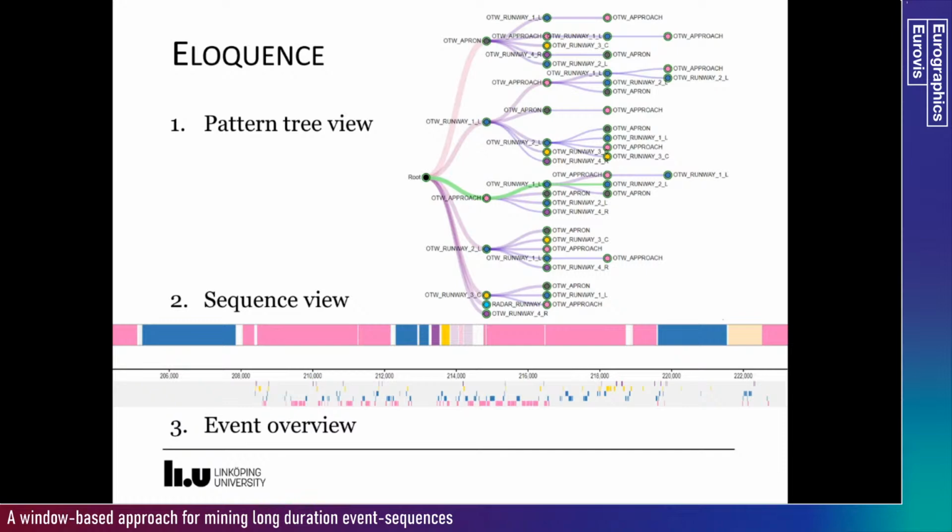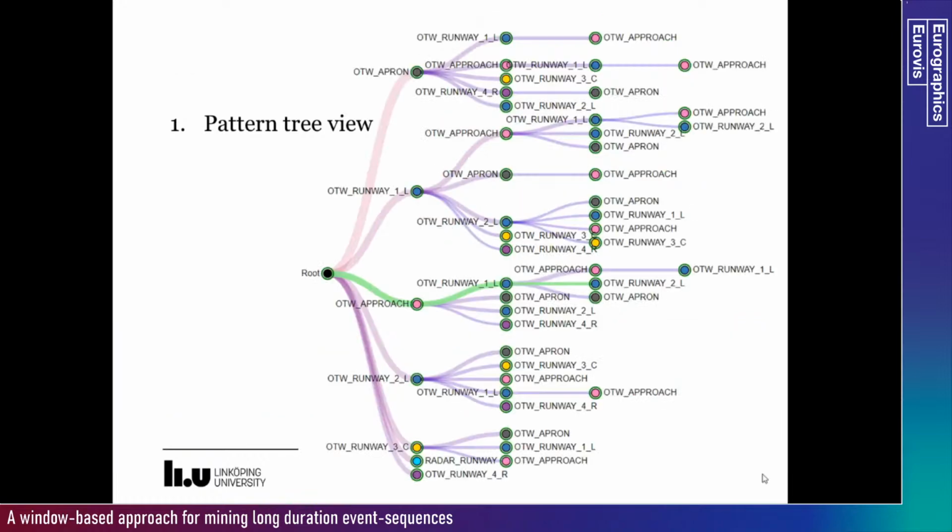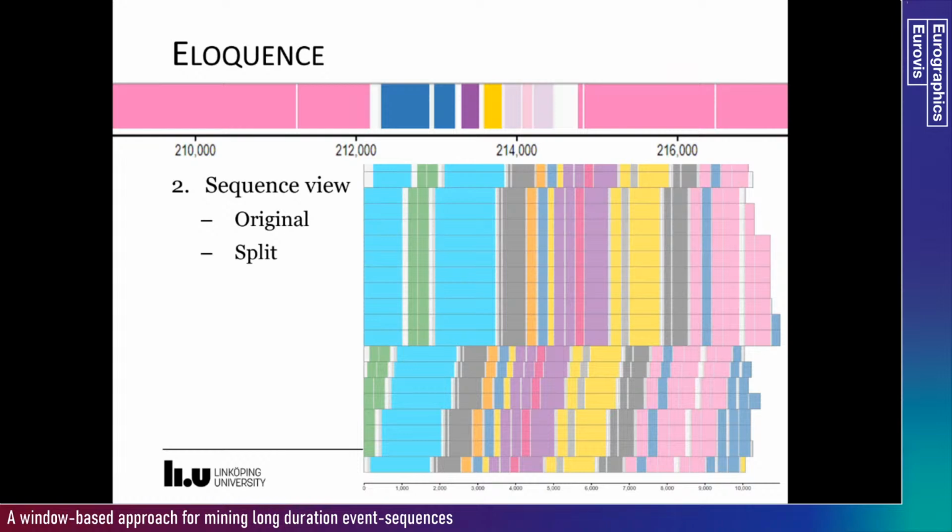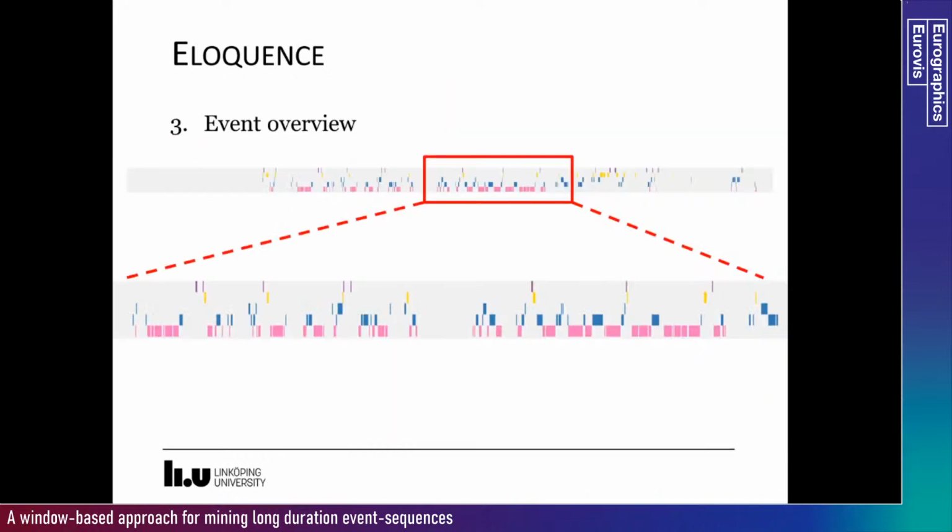So the system is composed of three main views. The pattern tree view, used to interactively drive the sequence binding algorithm and display the patterns as they are being mined. The sequence view, which displays sequences as horizontal bars comprising the different events. Here, the user can choose to display the original sequences composing the dataset, or the split sequences on which the mining is being performed. And finally, the event overview is a representation of the distribution of pattern events across the